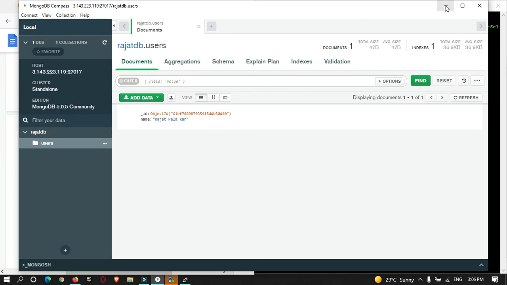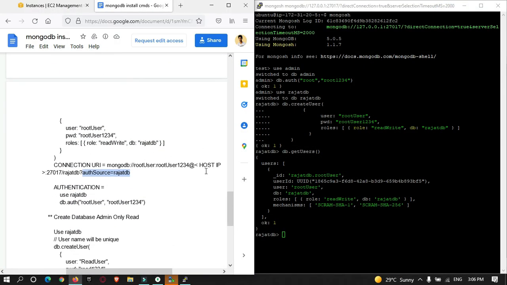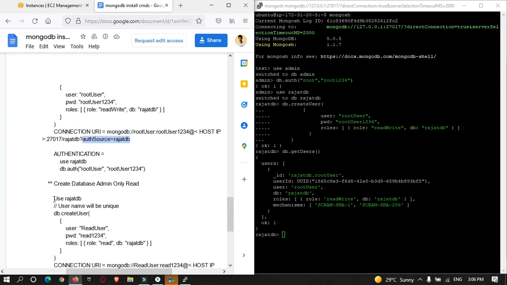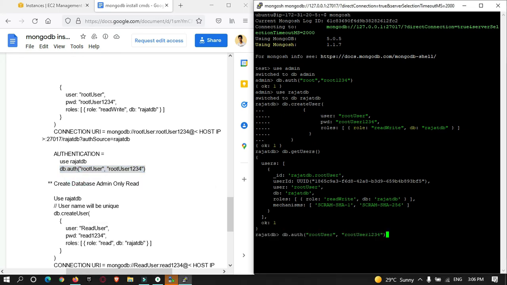Okay, so now let me create one more user who can only read the database. So you can see this is the command that we need to run. So use database, we have already done that. And then this is the command to get authorized for this database.